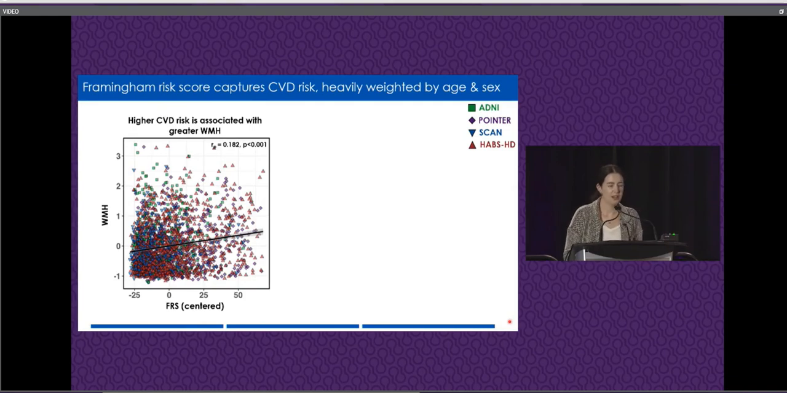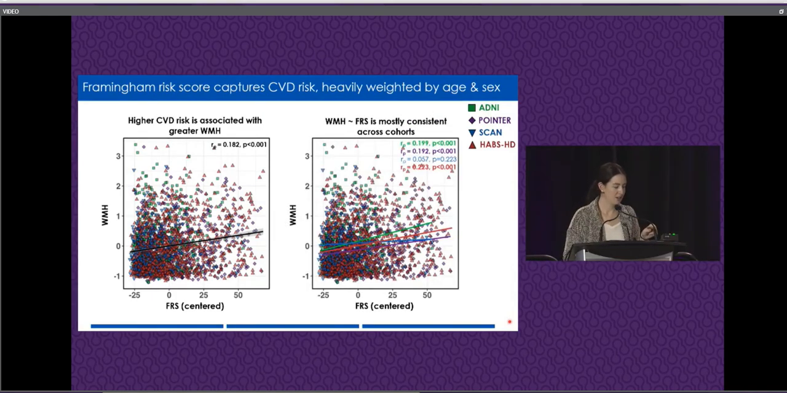Now, switching gears a little bit, we're going to look at the relationship between white matter hyperintensities and Framingham risk score. Framingham risk score is a cardiovascular disease risk score that captures the 10-year risk of a cardiovascular disease event. It's comprised of age, sex, systolic blood pressure, BMI, diabetes status, smoking status, and whether or not you're taking a blood pressure lowering medication. And you can see there is an association between FRS and white matter hyperintensity volume in the pooled sample. And this effect is mostly consistent across our cohorts, despite the known differences in cardiovascular disease burden